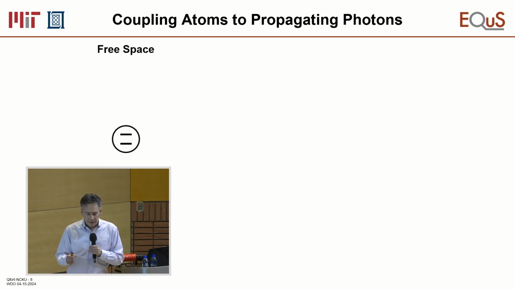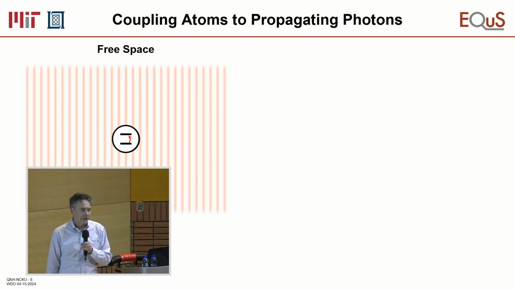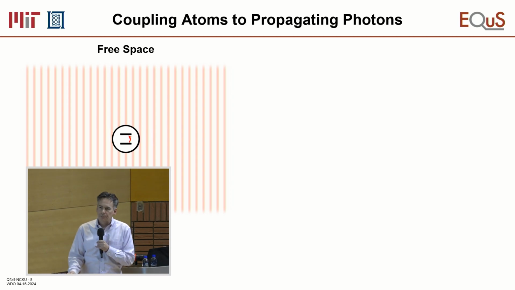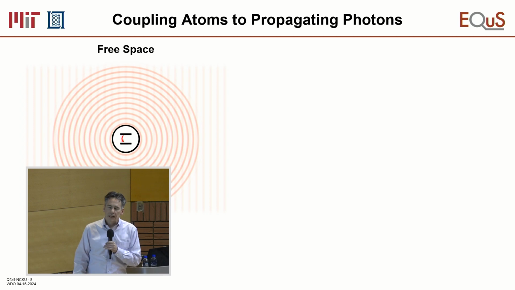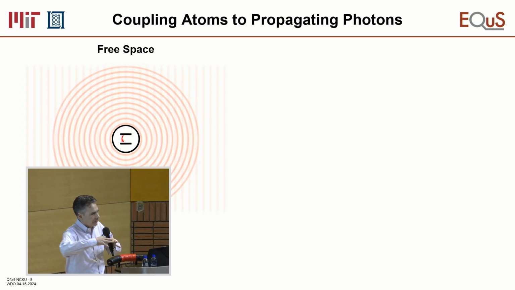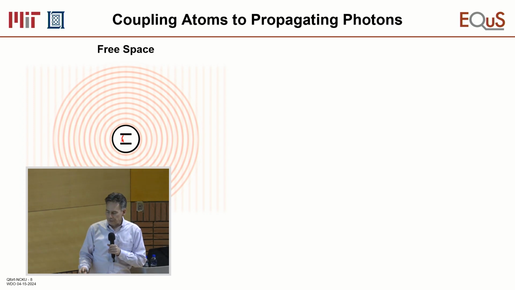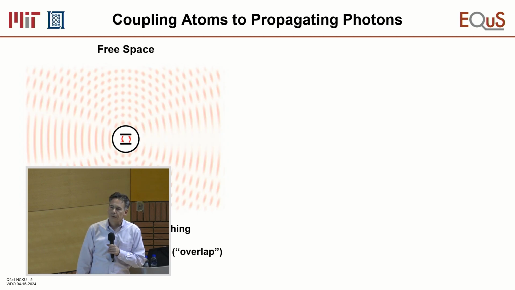One thing we can imagine is that we know that if we put an atom in free space, this is an atom, we can drive it. And typically we'll think of driving an atom with a plane wave. And when the plane wave hits this atom, it may excite it from the ground to the excited state. But when the atom emits, this is a scattering problem, and it will emit spherically. In fact, in 3 dimensions, it is a sphere. And what we see is that although there's a very beautiful interference pattern that arises, it's not